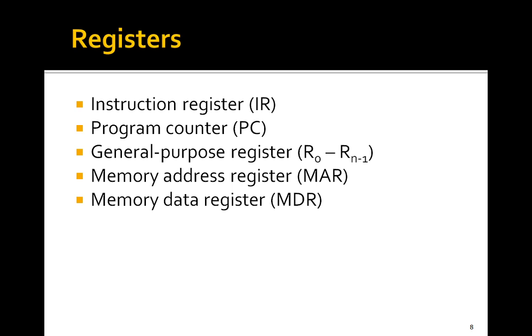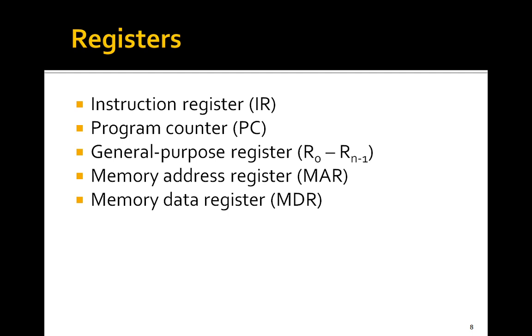During the execution of an instruction, the contents of PC are updated to the address of the next instruction to be executed. So IR holds the instruction that is being executed, whereas PC holds the address of the next instruction to be fetched and executed. We can say that PC always points to the next instruction that is going to be fetched from the memory.